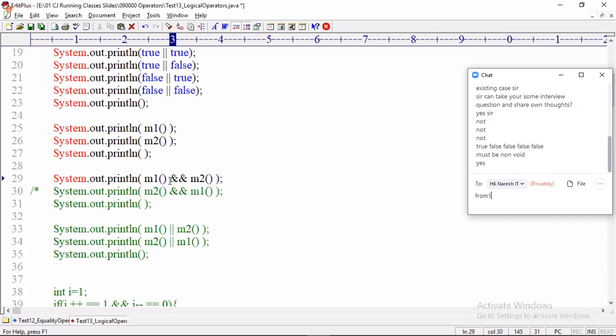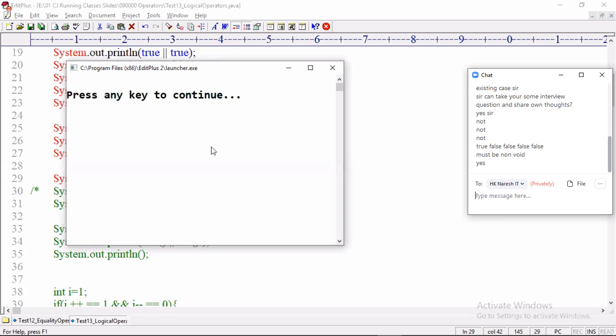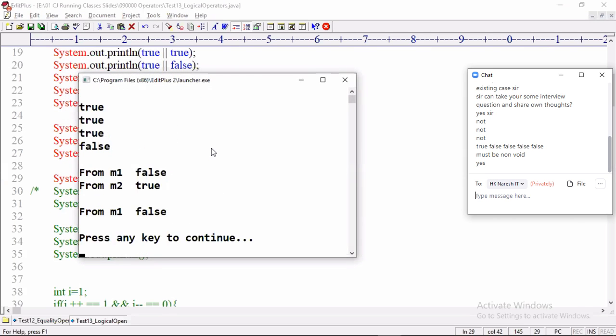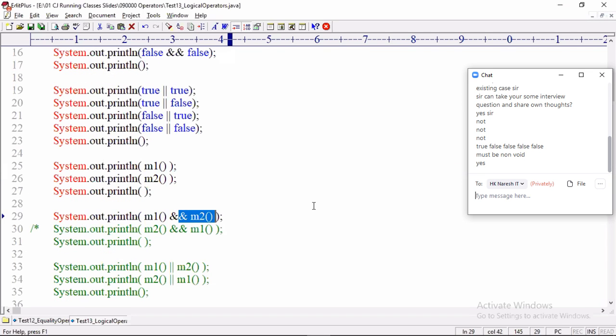From M1, what value comes and is substituted here? False. Tell me, is M2 executed or not executed? False and anything is false. So it is skipped. It's not executed. From M1, false, directly false comes. Horrible points are coming.